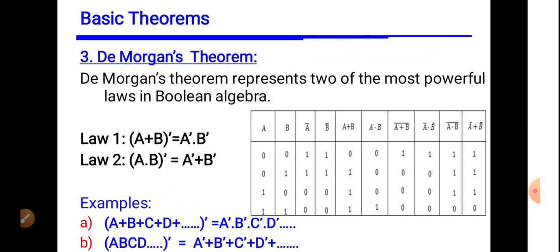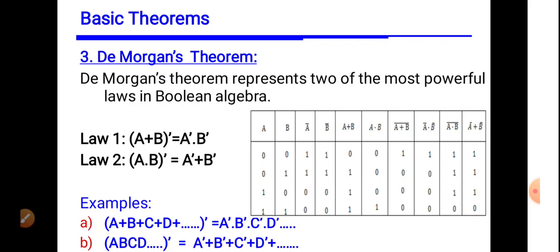So in order to prove that, here I am writing a truth table. The first column is A, the second column is B. As I am having the complements individually, I am writing A complement followed by B complement. As I am proving both things, I am writing A plus B followed by (A dot B) whole complement. As I have two variables A and B, I will write four different combinations: 0 0, 0 1, 1 0 and 1 1.